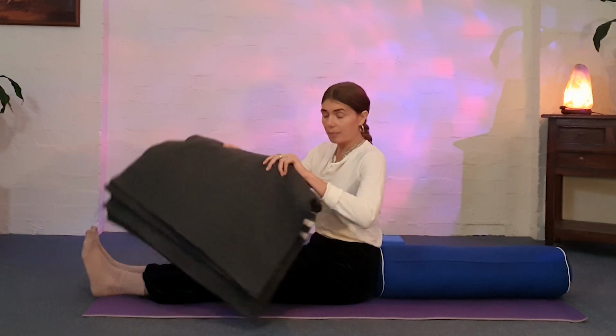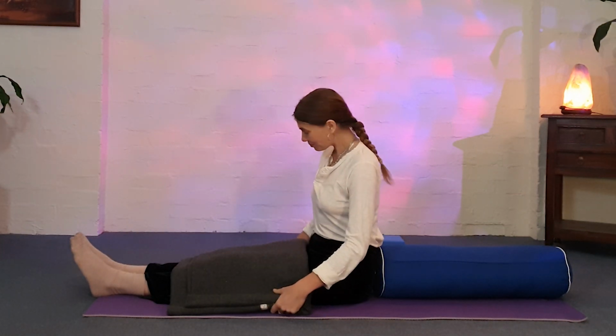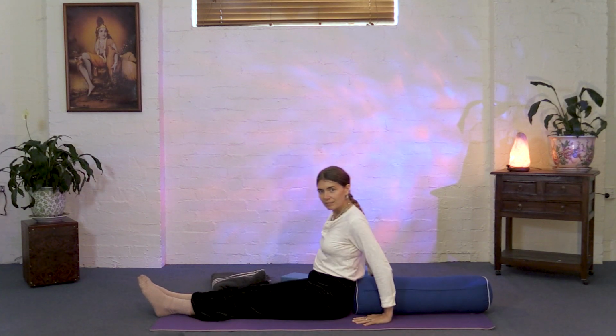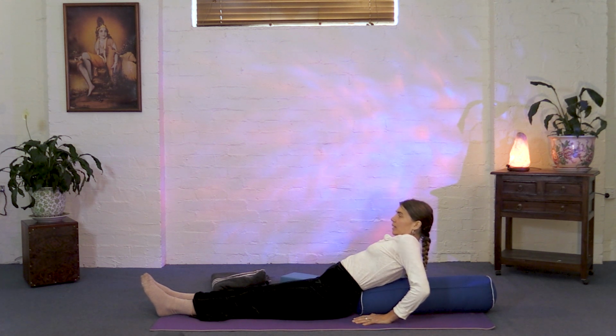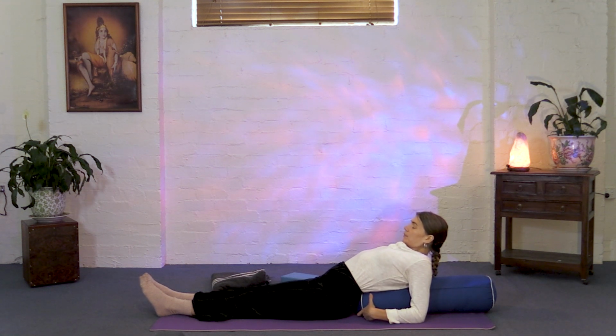Now, we'll bring that bolster to the back of the legs there, back of the buttocks, nice and close, and have the legs long and outstretched. You might want to pop the blanket on top of the legs. It's nice to have a little weight here. Whenever you're ready, taking your time, you're just going to place your hands next to the bolster and give yourself permission to relax. So we're coming down onto the elbows, checking in, how's that bolster feeling? And we're taking our time